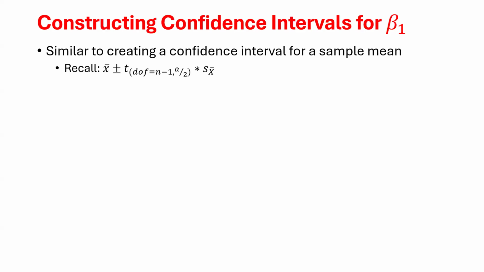So this is very similar to what we're doing with the sample mean. It's just now we're doing it for this sample slope coefficient. Okay. Any questions on this idea before we keep moving? So those are really the two things that I'm going to focus on or expect you to know about what changes the confidence interval: the sample size and the confidence level, or essentially the alpha that we're selecting. Okay.